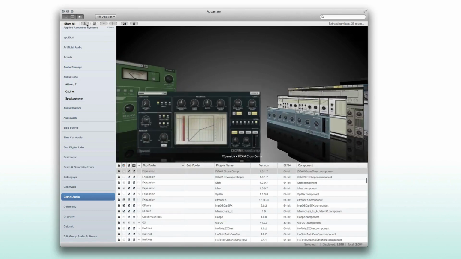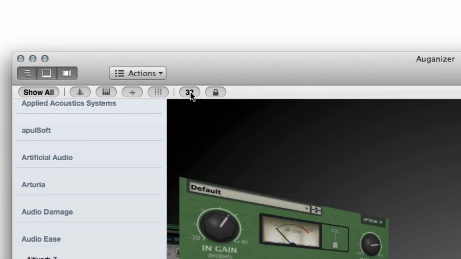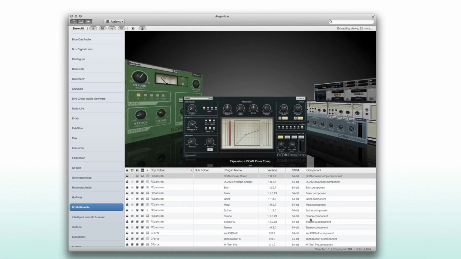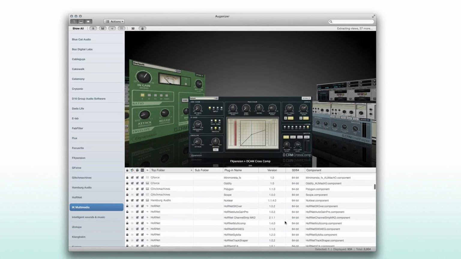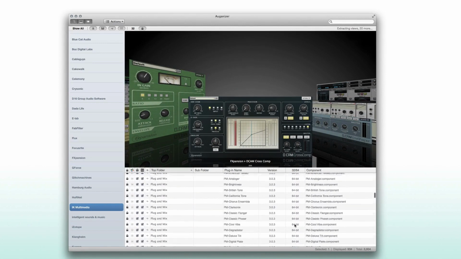As you can see, as soon as I untick things, you can show all, and it shows you all of them. The remaining 2 here are you can show and hide legacy 32-bit plugins. So if I turn that off, I've got all the 32-bit plugins hidden now, and I've only got 64-bit plugins, which will also include any 32